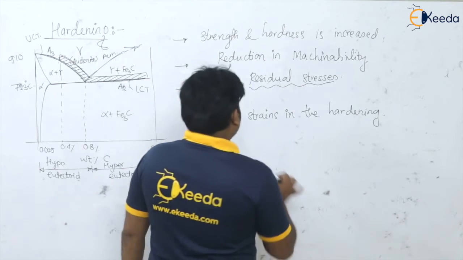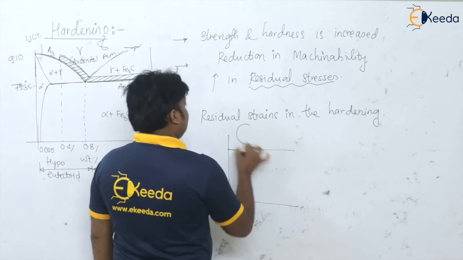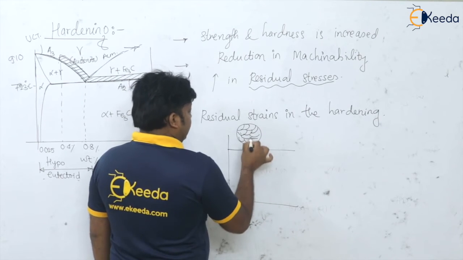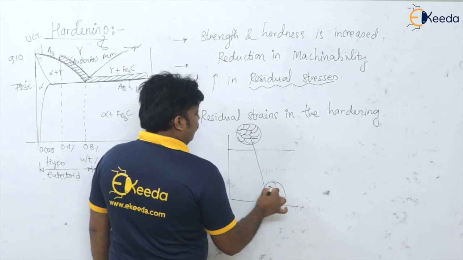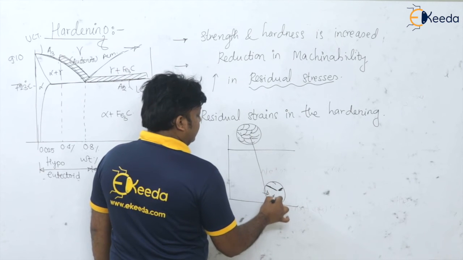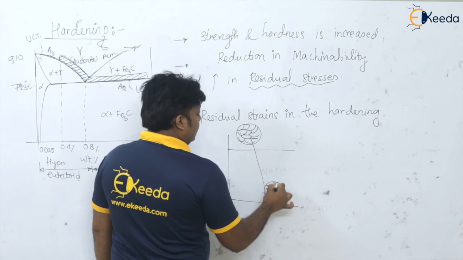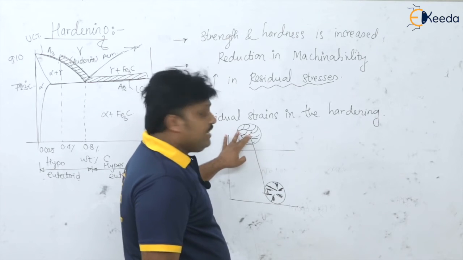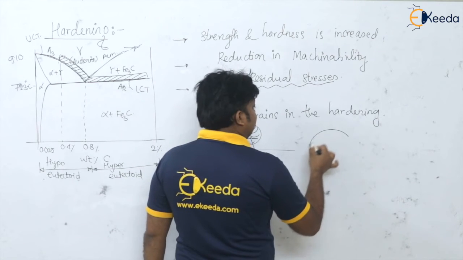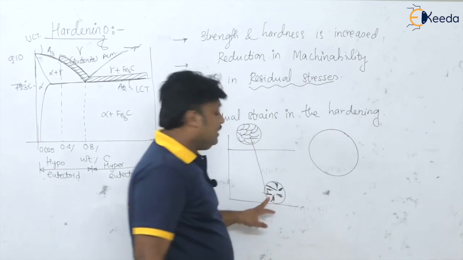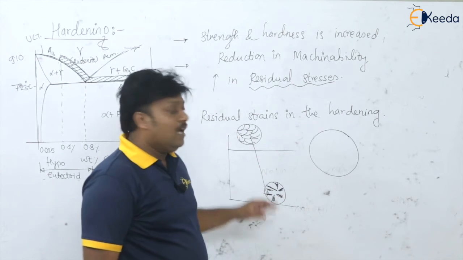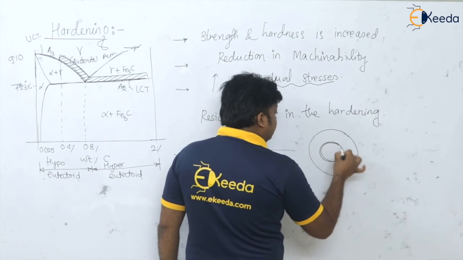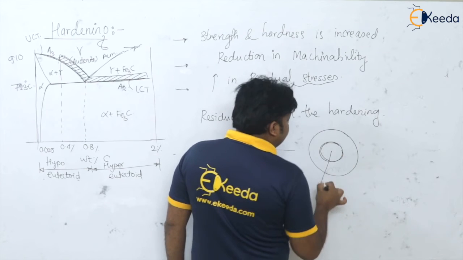So from this austenitic range, so here is austenite, we directly quench it to room temperature, and we have got this needle-like structure as martensite, isn't it? Now see, this austenite is getting converted into the martensite. But if you look at this hardened component, the core contains some amount of retained austenite,